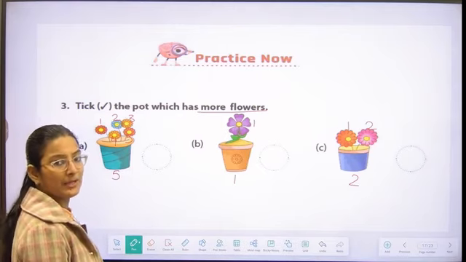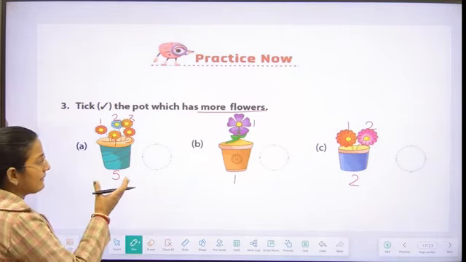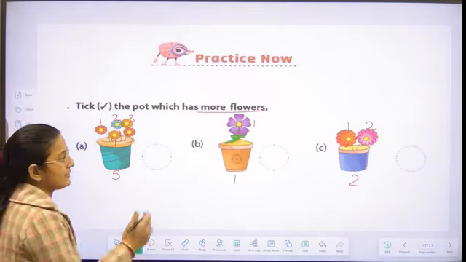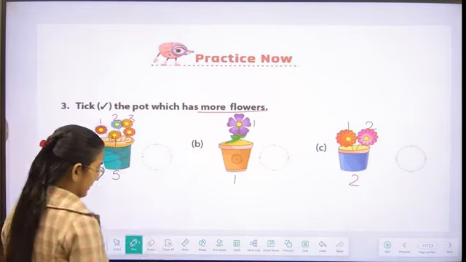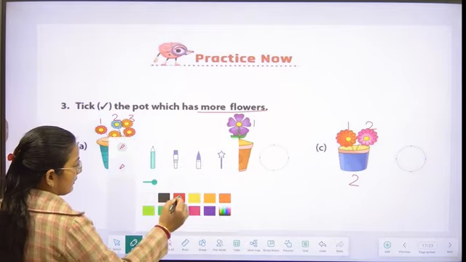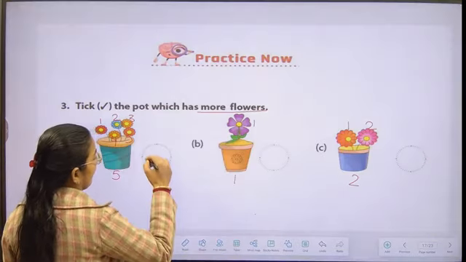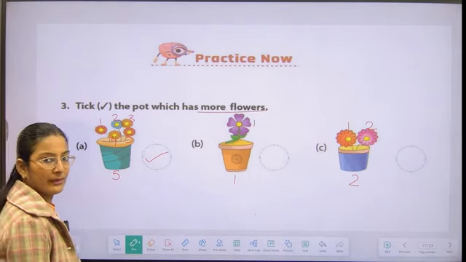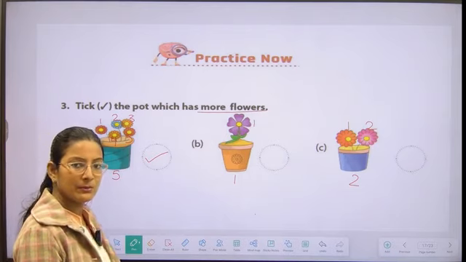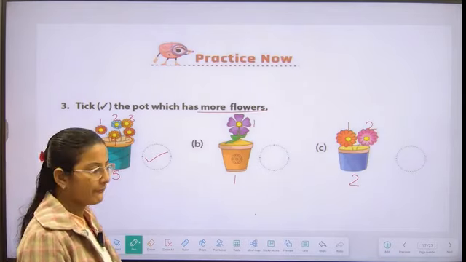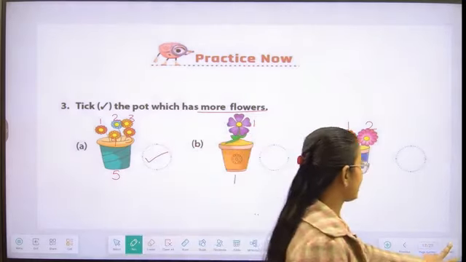फर्स्ट पॉट में है। बिकॉज फर्स्ट पॉट में कितने फ्लावर्स हैं? 5 फ्लावर्स हैं। सो वी हैव टू टेक दिस पॉट। ओके, एवरीवन डिड दिस एक्सरसाइज इन देयर बुक्स? वेरी गुड। मूव टू आवर नेक्स्ट एक्सरसाइज।